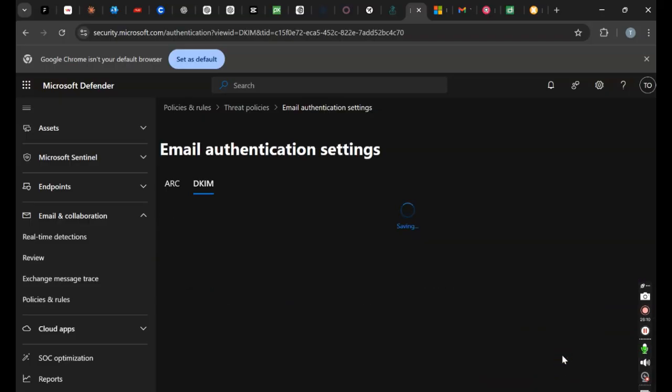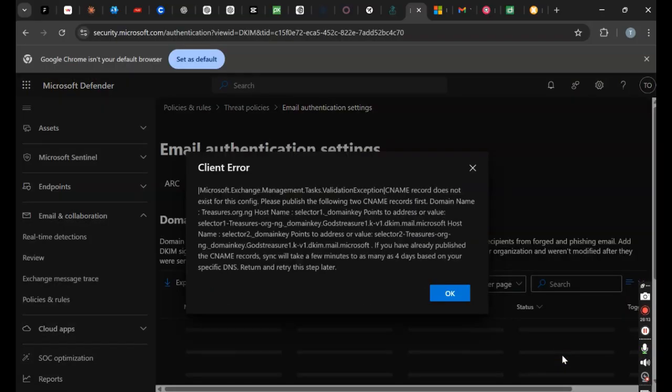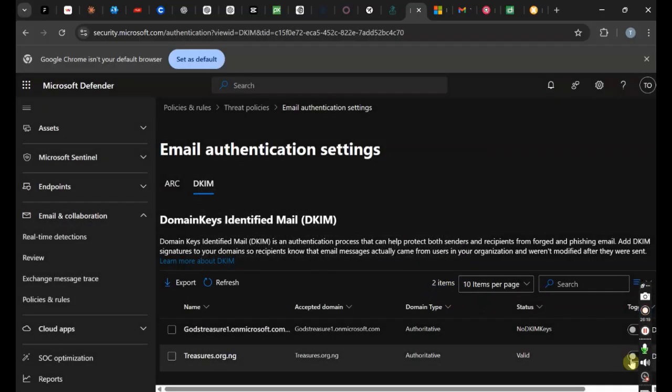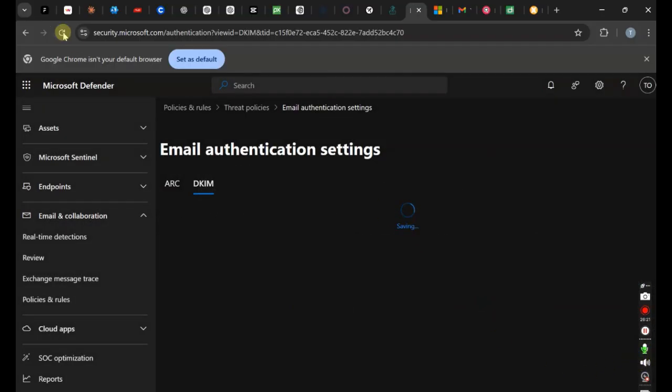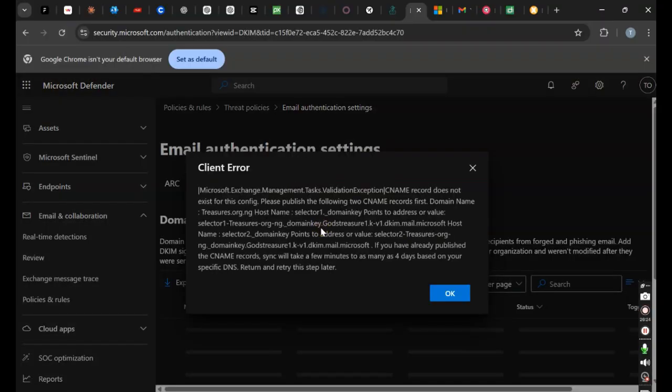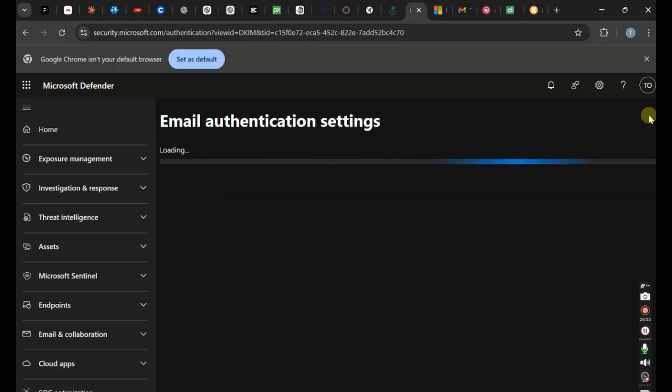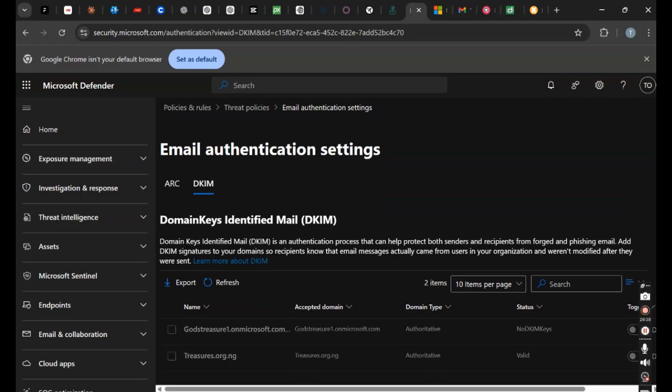Now remember that you cannot just publish your DKIM records and not turn it on. You have to turn it on. Now this is still showing me that it has not been published, which is why I told you that it takes a while for this to actually propagate. So I refresh the page. I'm going to try it one more time